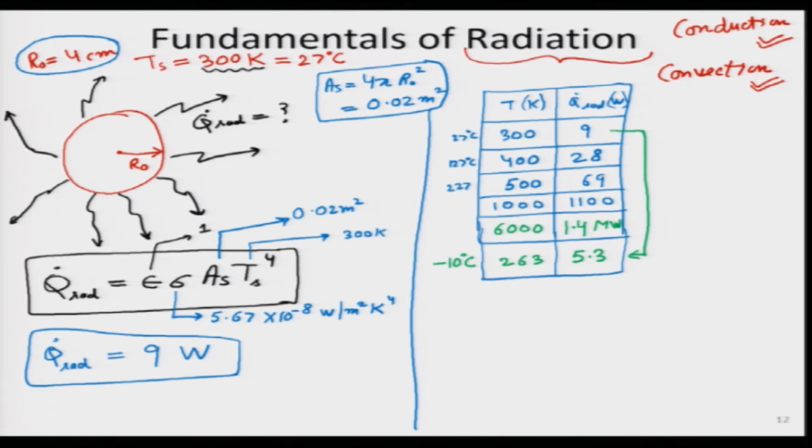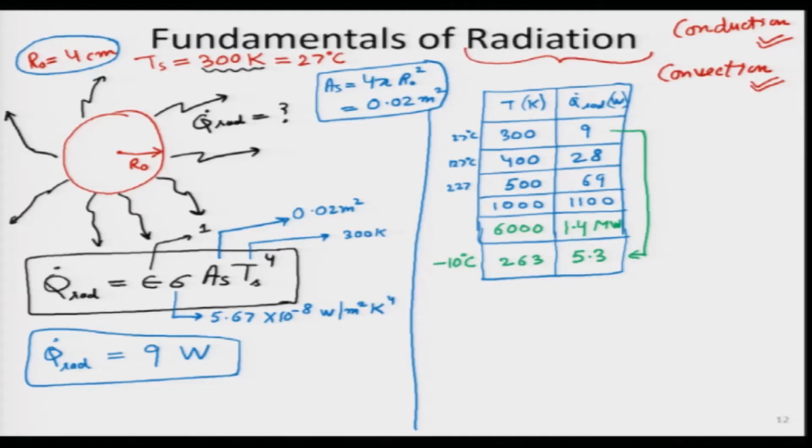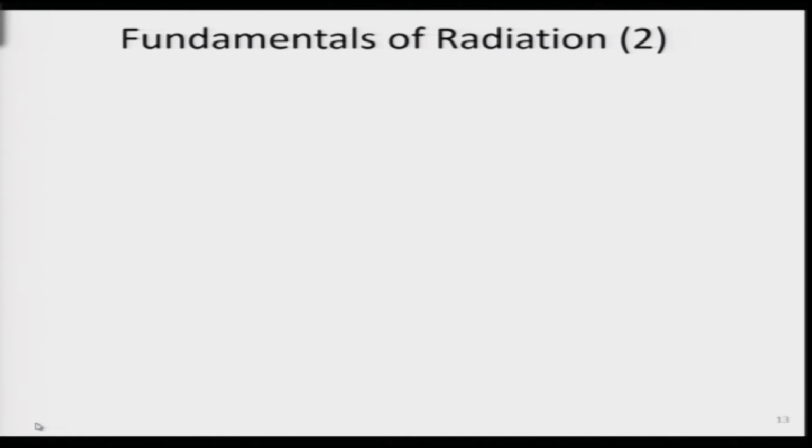Why am I doing this exercise? Just to share some numbers, so students can get a feel of some numbers in the case of radiation heat transfer, and also to illustrate what type of problems we will start with. This is a very simple problem, we will just go through it very quickly. Later on, we will move on to more complicated problems, which means instead of that cup being there, now making the radiative problem slightly tougher.